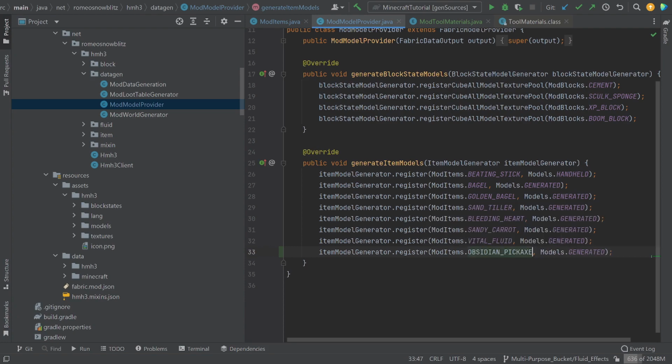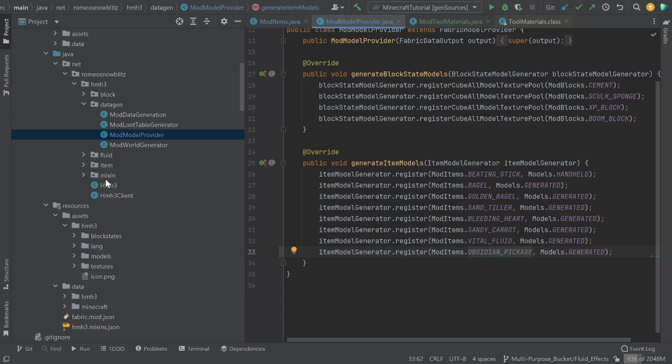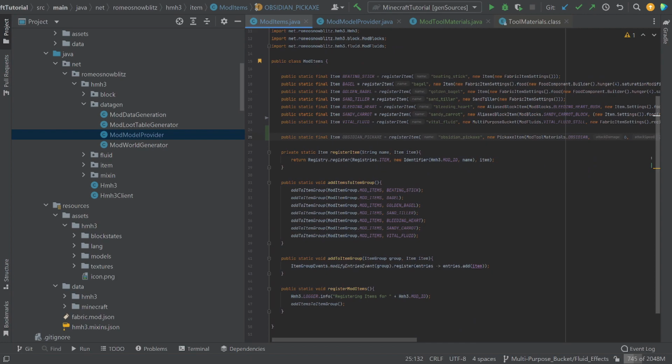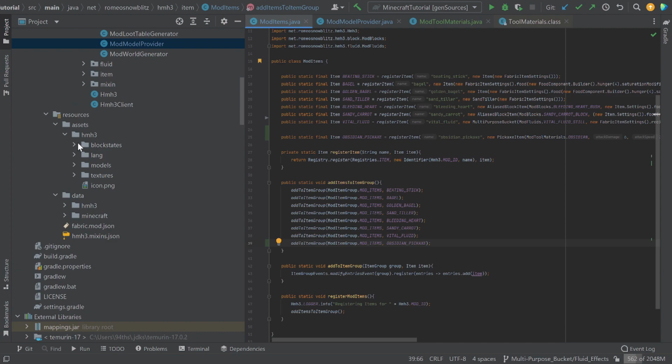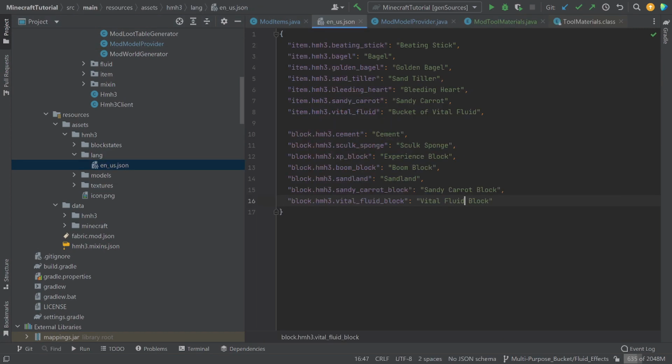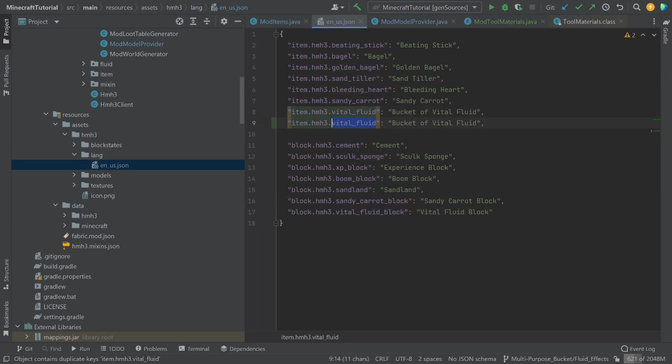Mod items dot obsidian pickaxe, and then let us do that in the items class. I'm gonna forget to do it here too. This would be the obsidian pickaxe. So after we'll just run the data gen. Now it doesn't have a block state, certainly has a name. So we're gonna go down here. This would be your obsidian pickaxe, and then over here we would have your obsidian pickaxe,